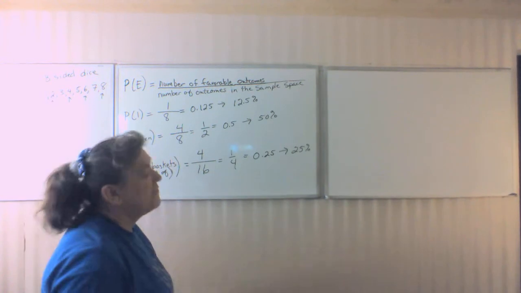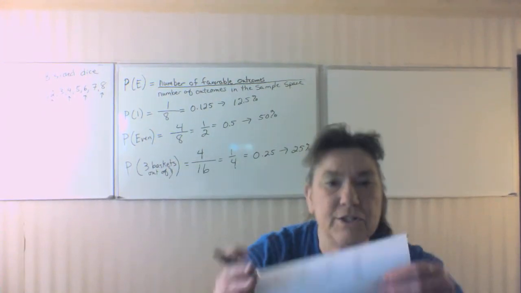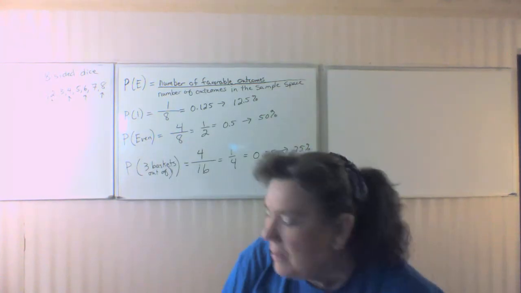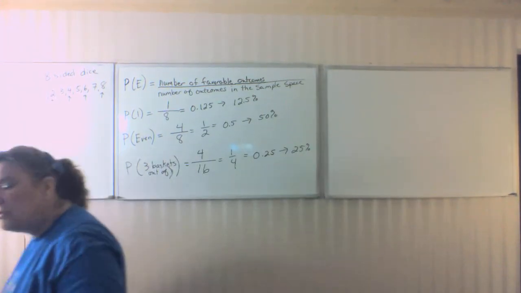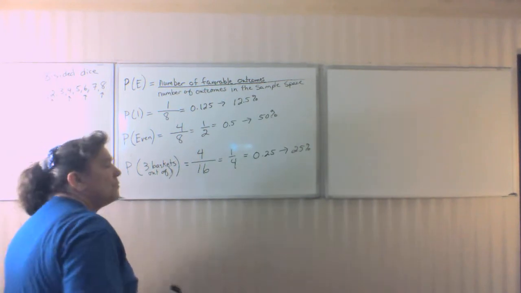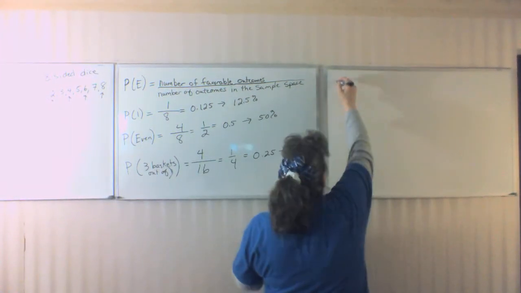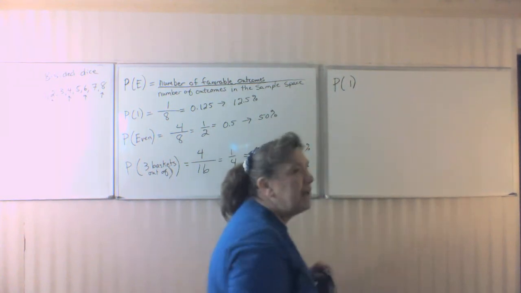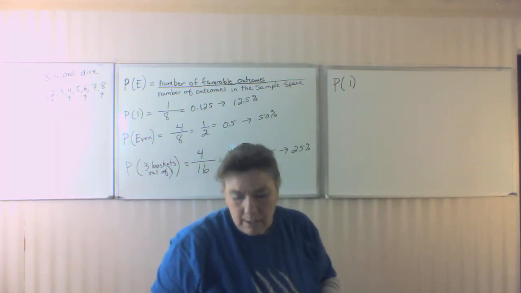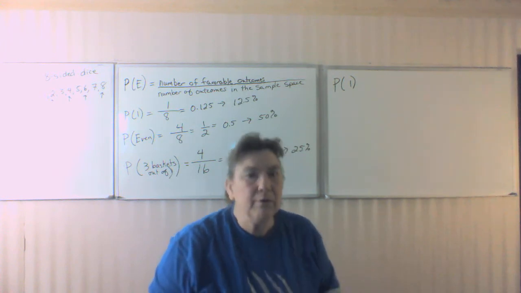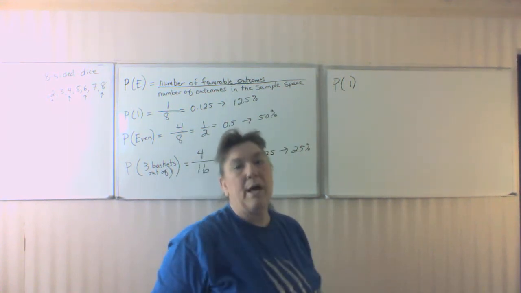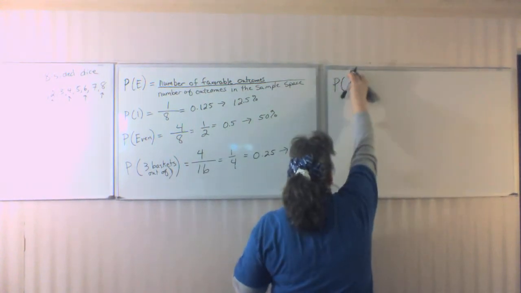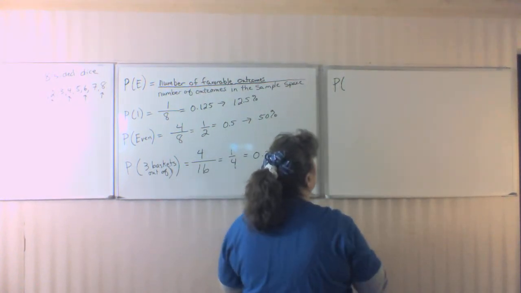On the bottom of that page, though, we have a dice chart. You can see it right there. And on that dice chart, we're throwing 2 dice. So we can look at the probability of throwing a 1. Well, if I throw 2 dice, am I ever going to throw just 1 1? No. But what I need to look at is my probability of throwing